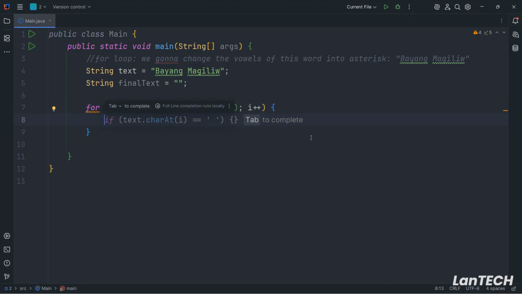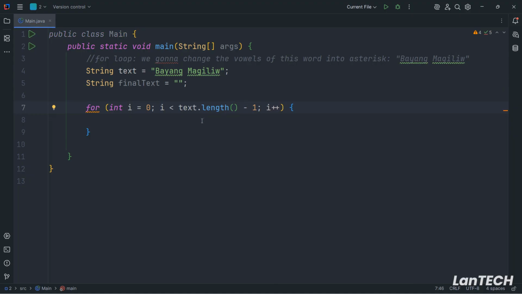Okay, let me explain it to you. Int i is part of a for loop in Java. First, you put for, parenthesis. Then this is the data type of i, always int. Then you initialize it, so equals 0. Then this is our condition: this code will run if i is less than the text length. Okay, always remember to put minus 1 here,